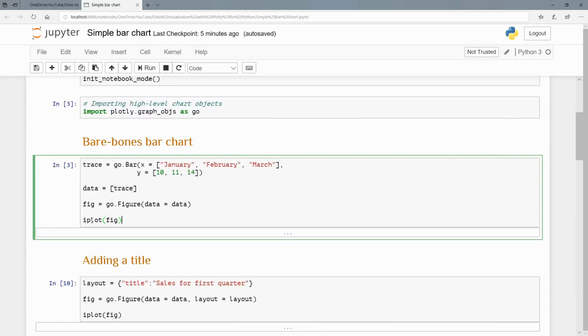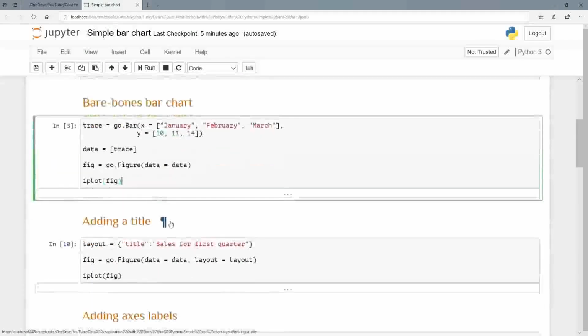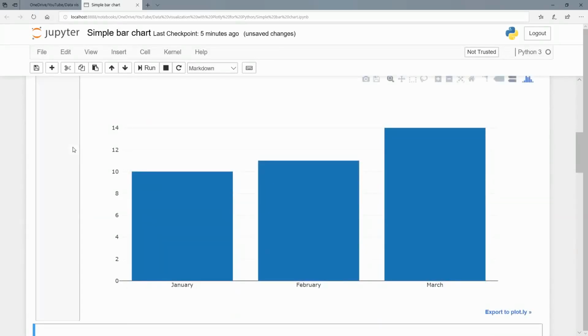Finally, I'm going to call iplot, remember, which we imported up here. iplot, that's for plotting directly in the notebook, not using online mode, so not going to the cloud, and I'm going to plot this figure, fig, that I've created. Let's hold down Shift and hit Enter or Return, and there you go, your first very